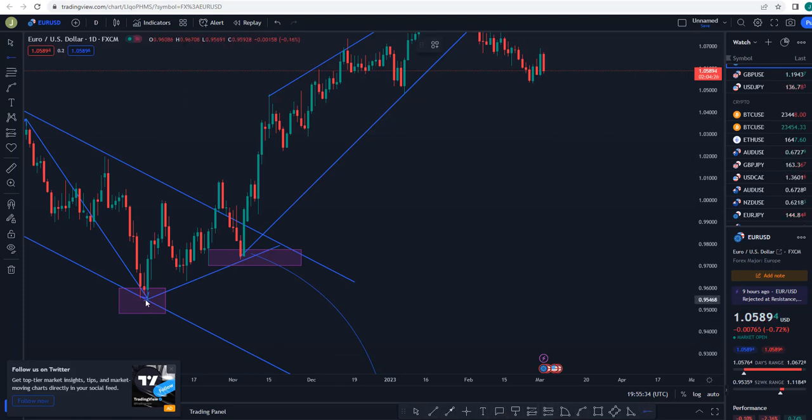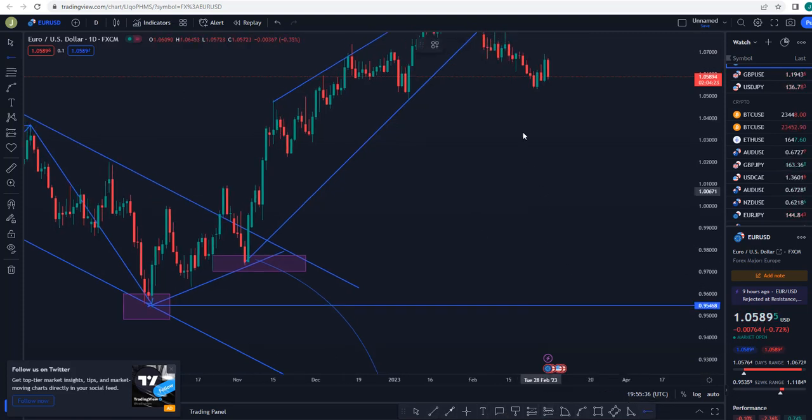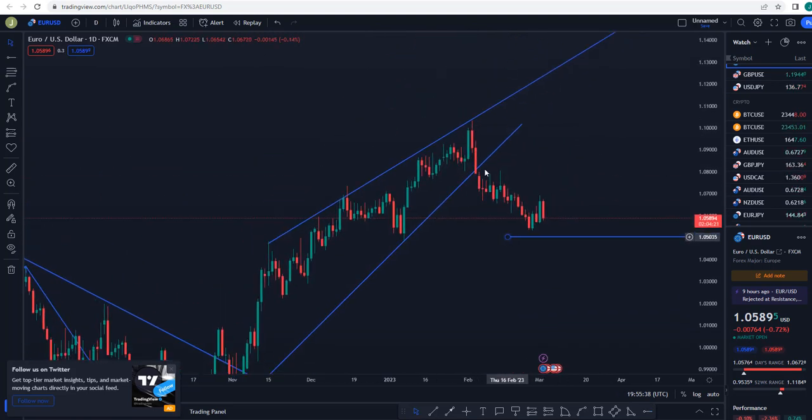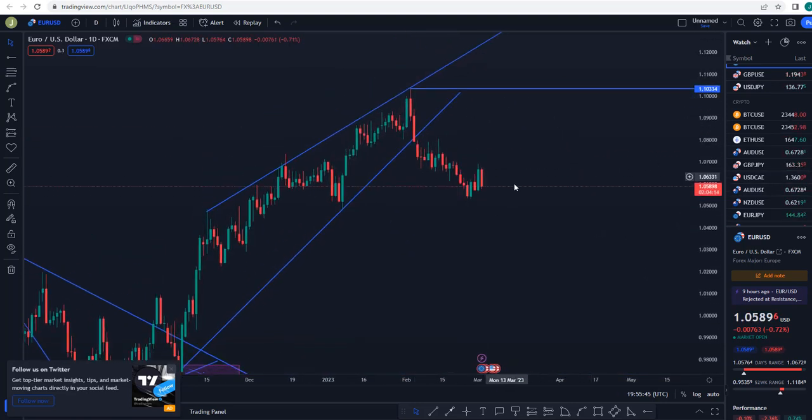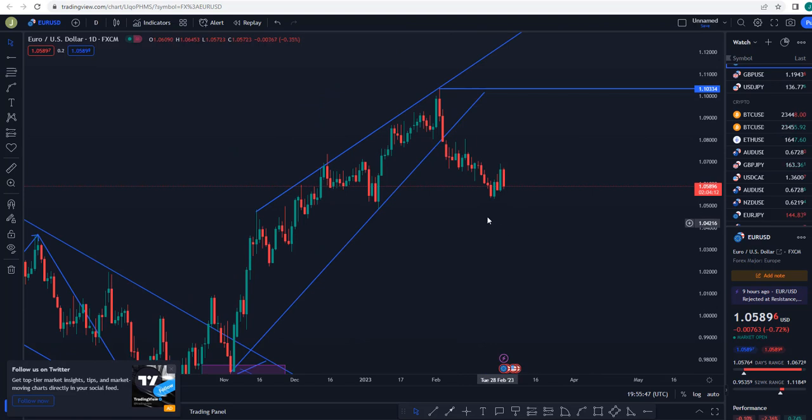So we are having this range here, and another range here. Let me take it up. Now this is the range. So we have a very big range here. Now what will happen is that